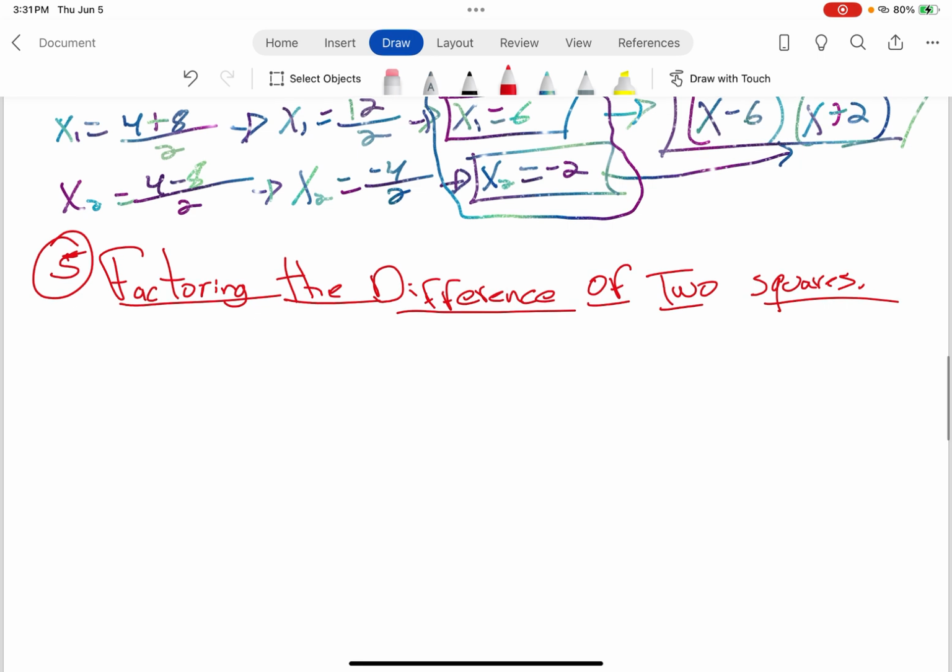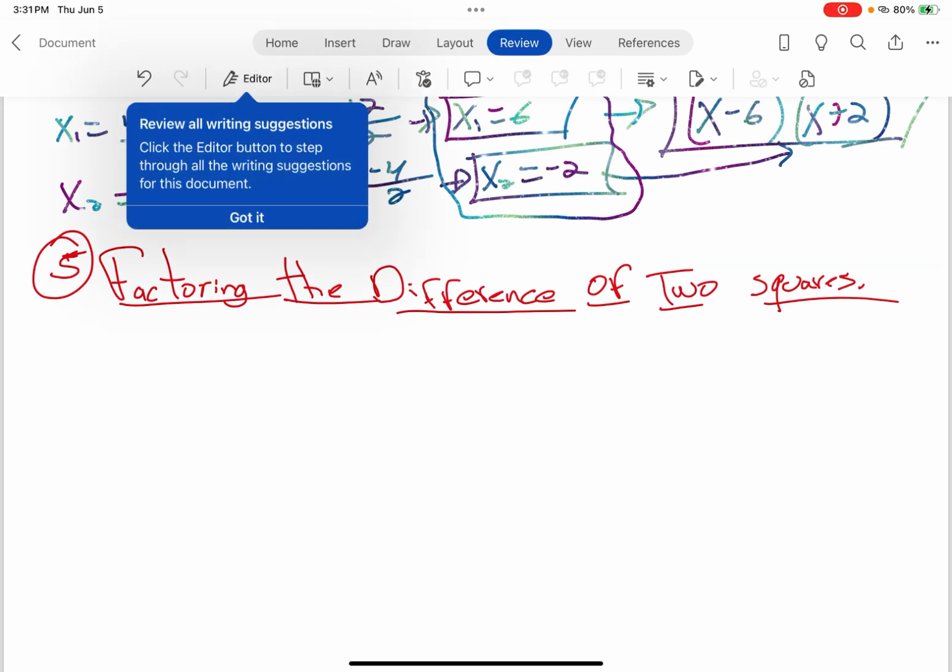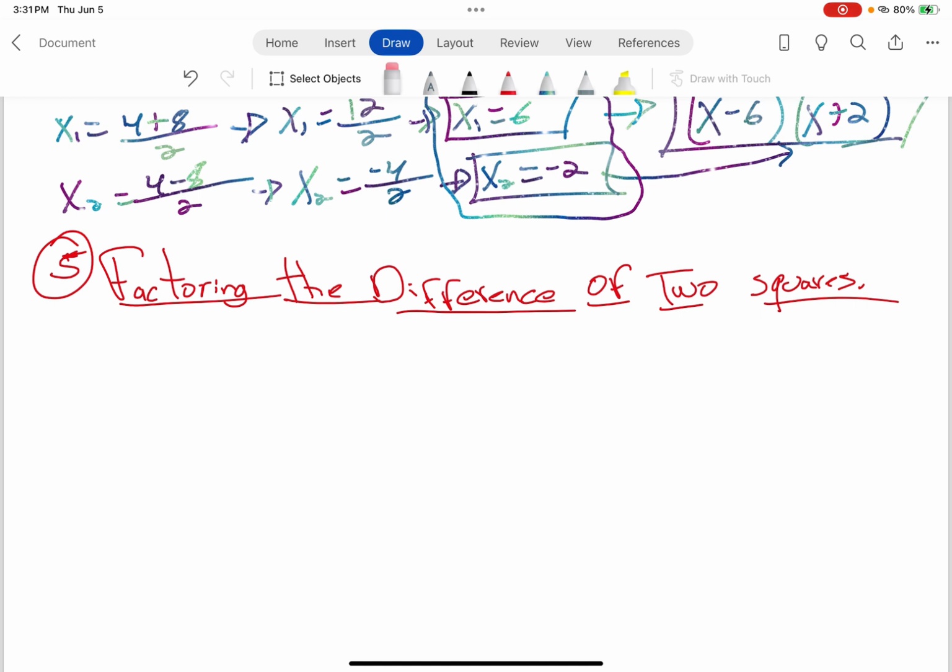To be able to solve this, I bring a sample equation, which is 9x squared minus 25. This is a cool example because here the formula